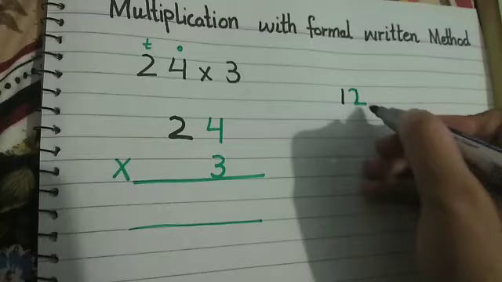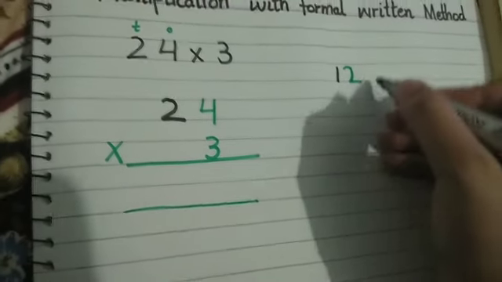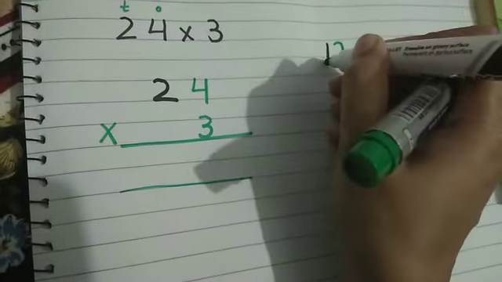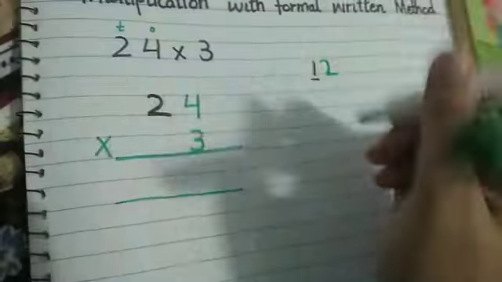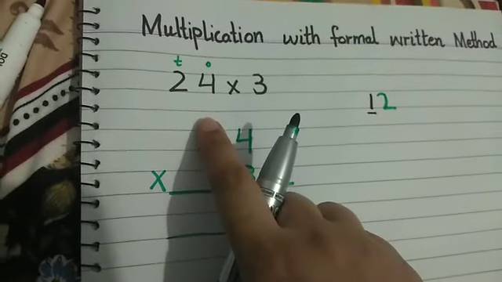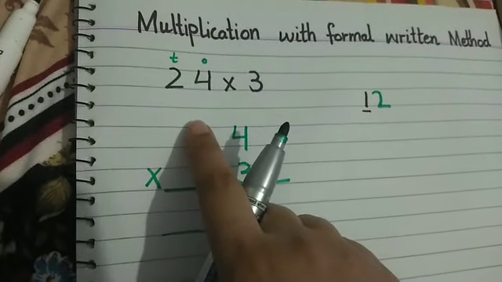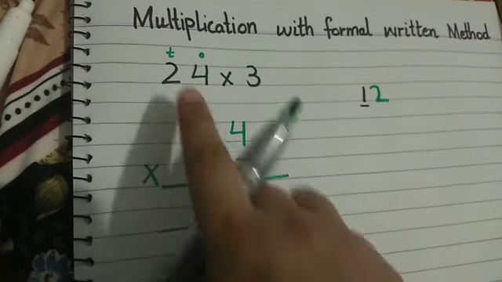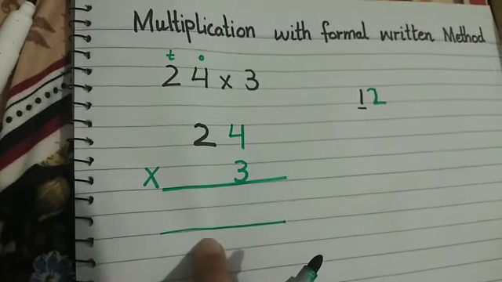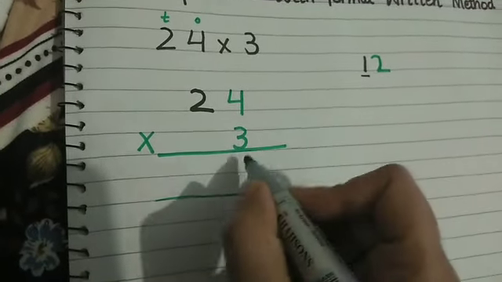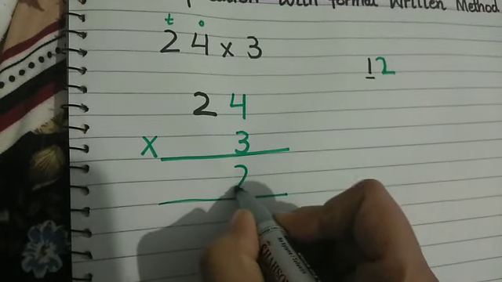You would understand that in 12, the 1 means this is the 10 and this is the ones. So ones will come down under ones, and this one, the tens, will go in tens. Okay, tens will adjust with tens. So first we write the tens upside of the tens, that is called carry. No my dear, we will not call it carry. This one, we are going to write above the 10 in the tens column. So the 2 would become down under the ones, under 3 fours are 12.